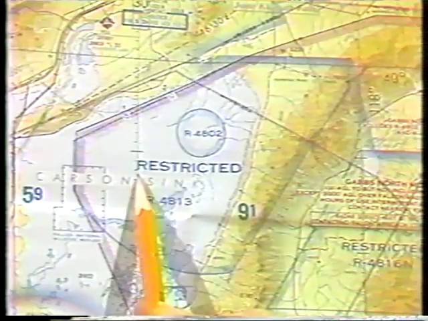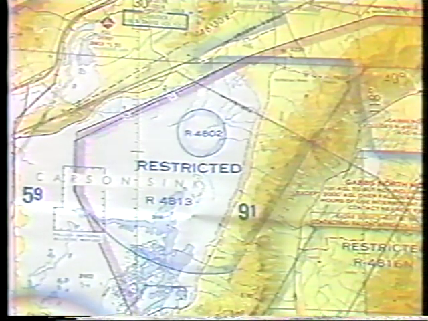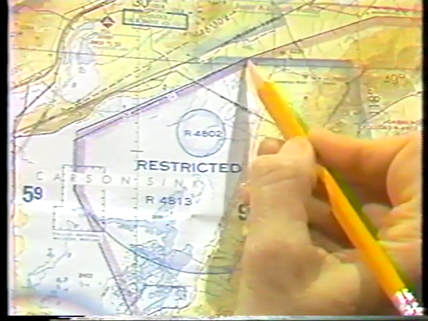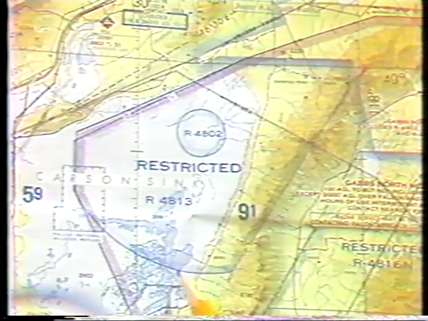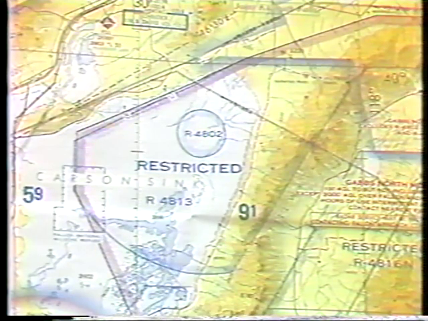R is a restricted area of airspace where flight is subject to limitations. These areas denote hazards to aircraft, such as artillery firing, flight of guided missiles, some of which may be heat-seeking, so our hot little engines would be a great attraction. Very hazardous areas to fly without authorization.